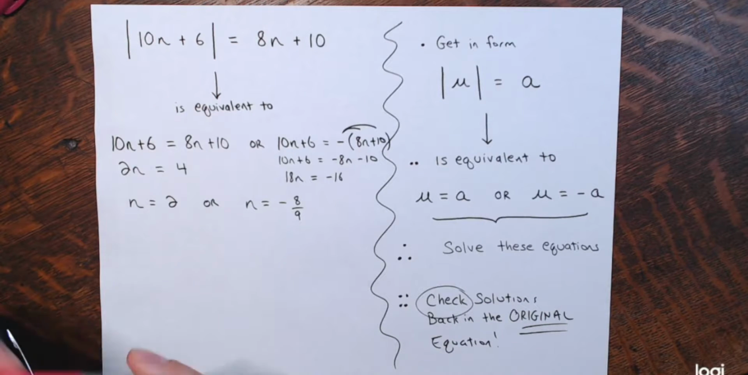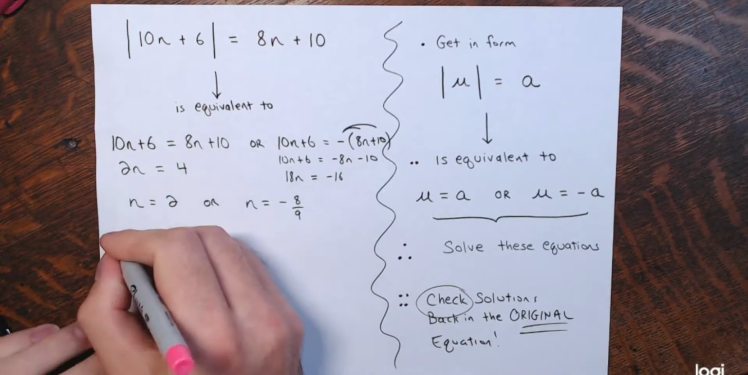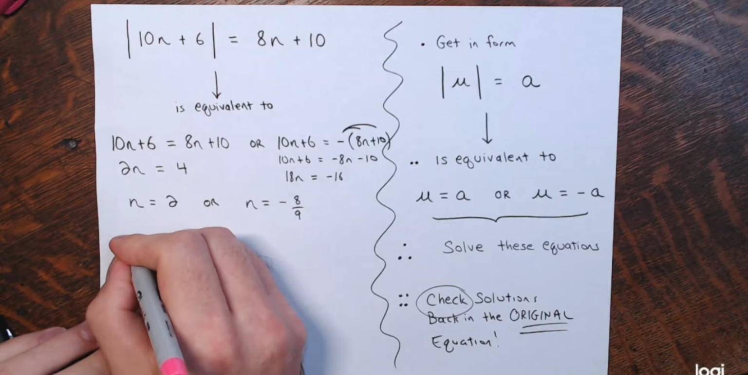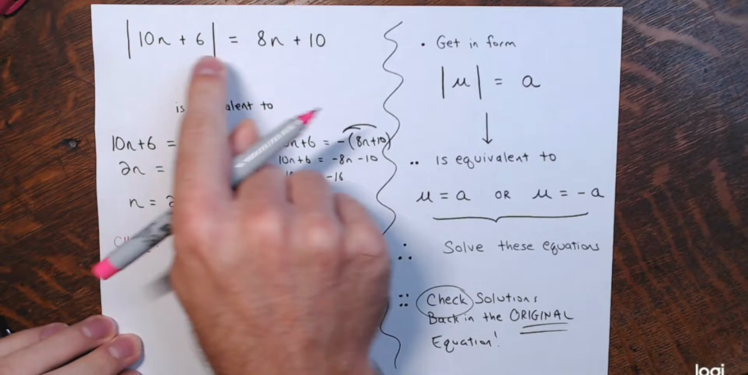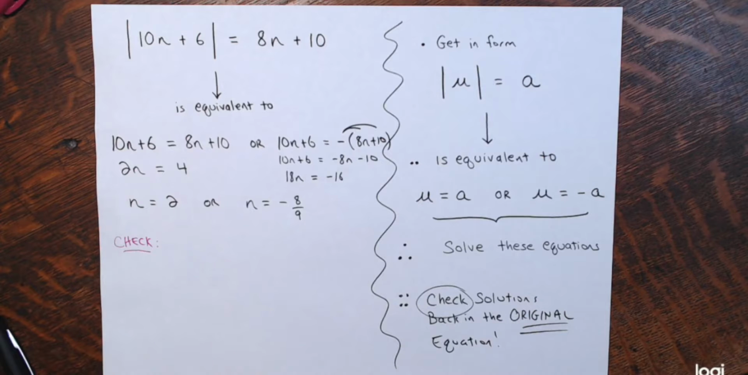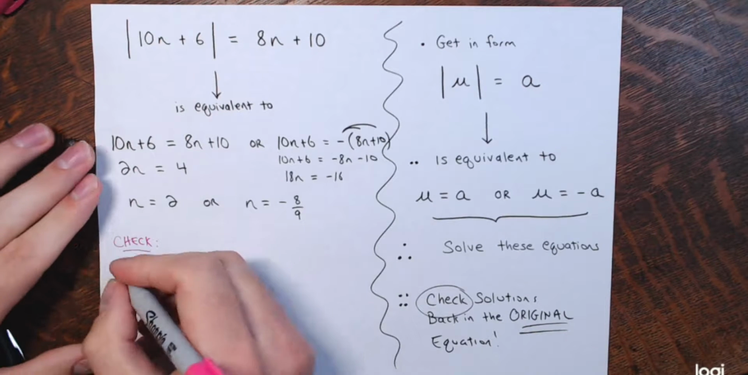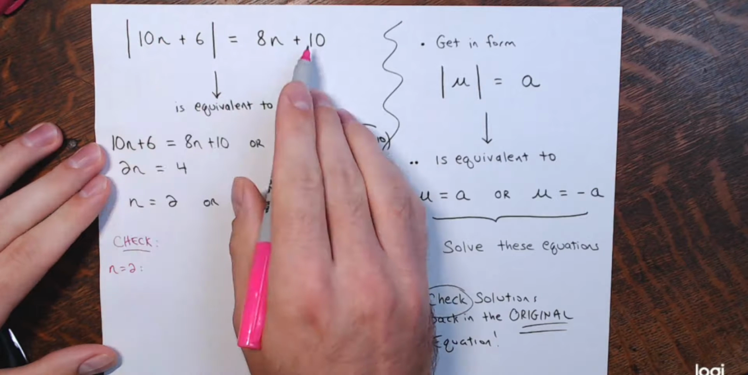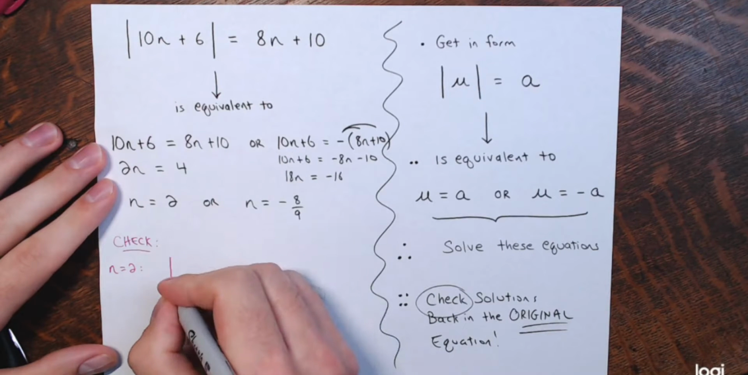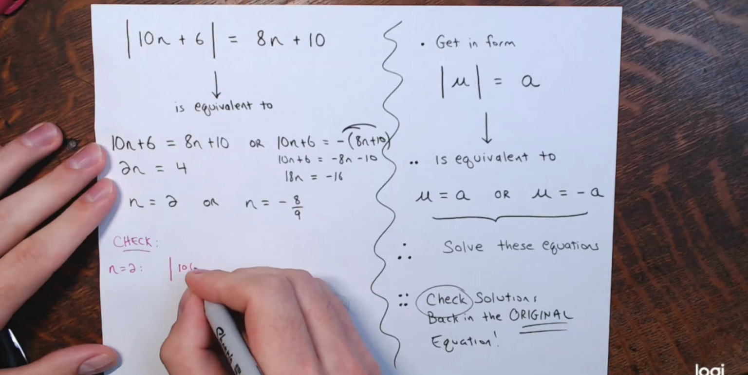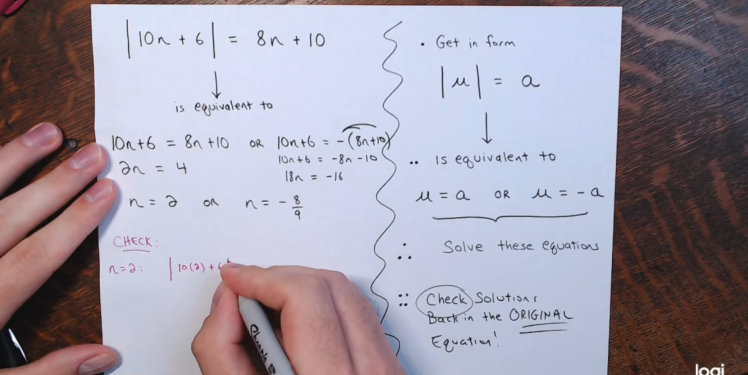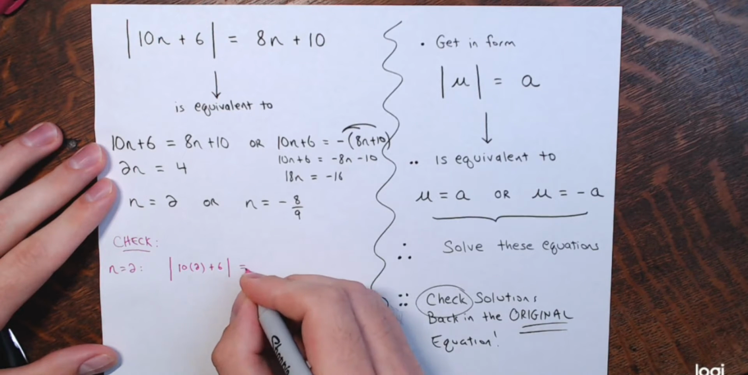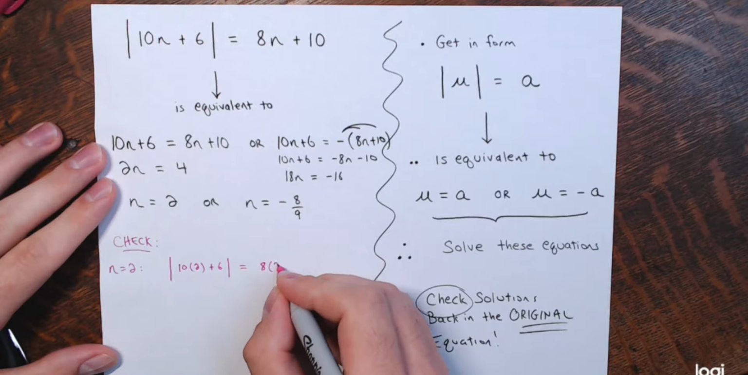Alright, so you go back to the original. We check our solutions back in the original equation. Right, always the original. So with n equals 2, go back and replace n with 2. So we have the absolute value of 10 times 2 plus 6 on the left equals 8 times 2 plus